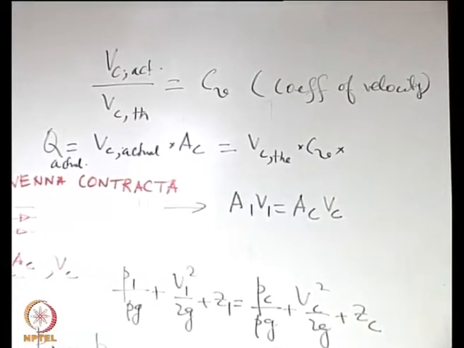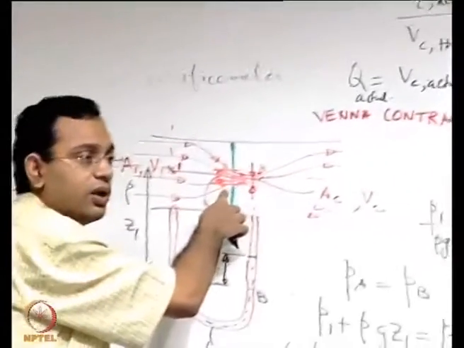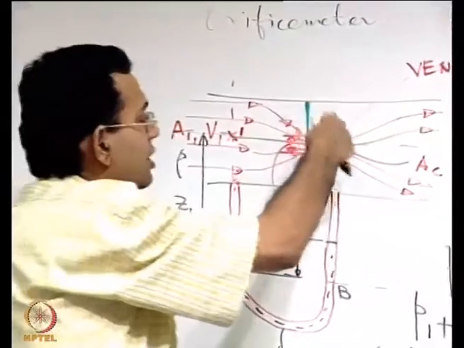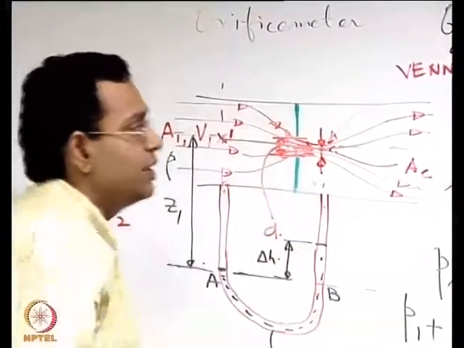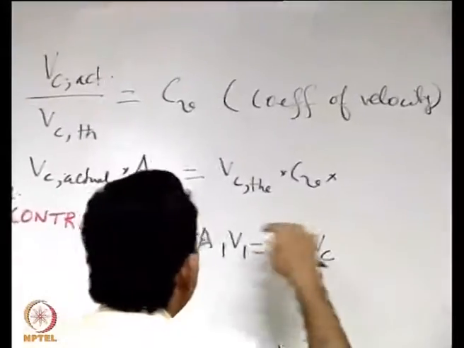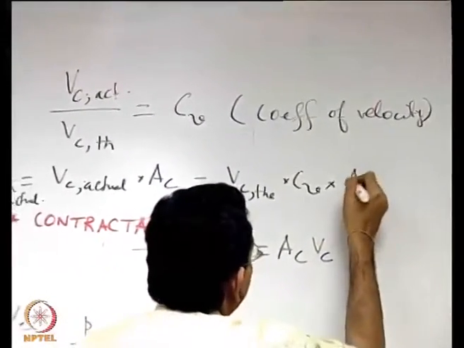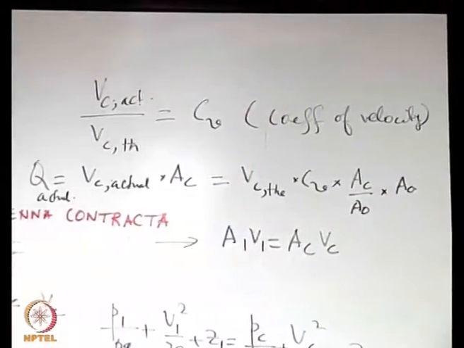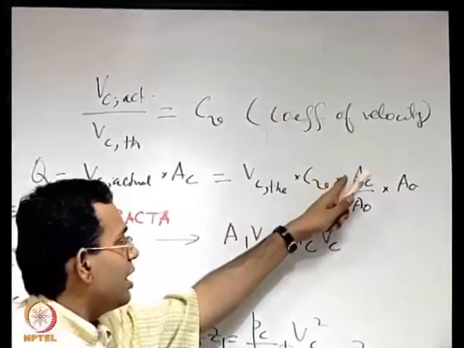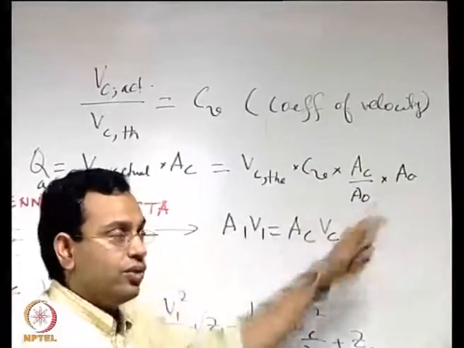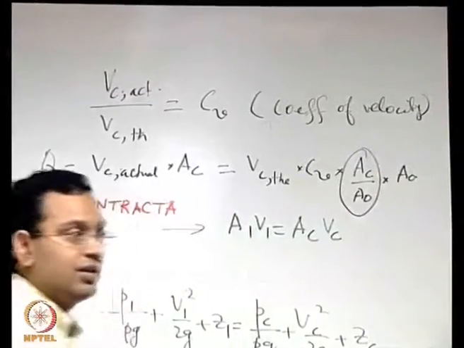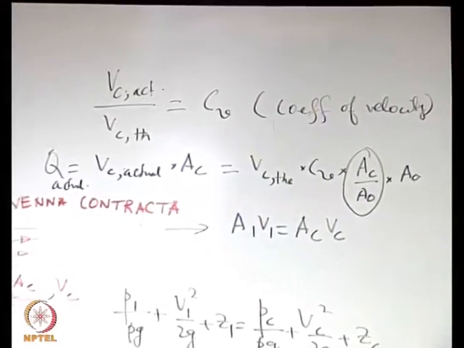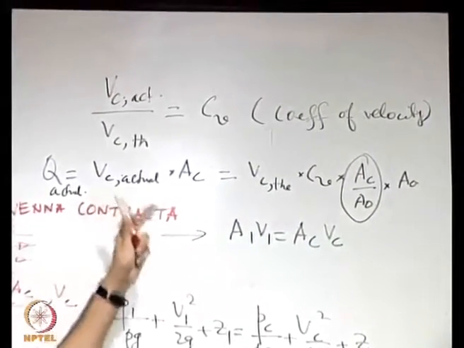What area of cross section you know with more confidence is the area of the orifice, because it is usually given by the geometrical construction and everything, the manufacturer knows exactly what it is. So you can change the basis from AC by writing this as AC by area of cross section of the orifice into area of cross section of the orifice, by changing the basis from AC to AO. So this is again another coefficient which is a coefficient of ignorance, we do not know, but we expect that the manufacturer has done a lot of experiments to figure it out, and this is again not a constant.